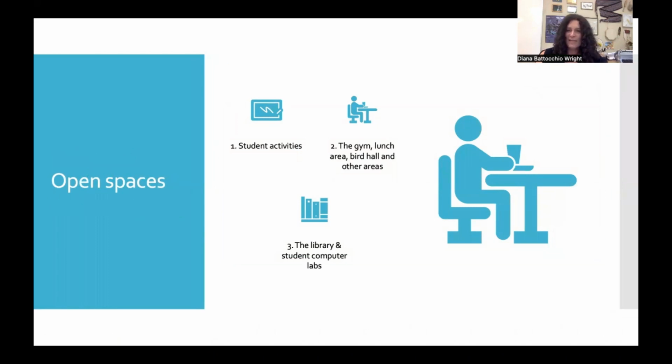If you travel downstairs, you'll see the lunch area, where you can sit with groups of friends and enjoy your lunch or have a break between classes. We have an area also called Bird Hall. It's in the main